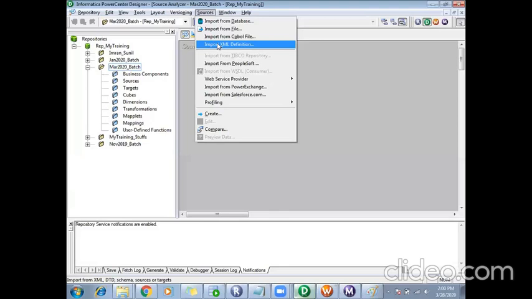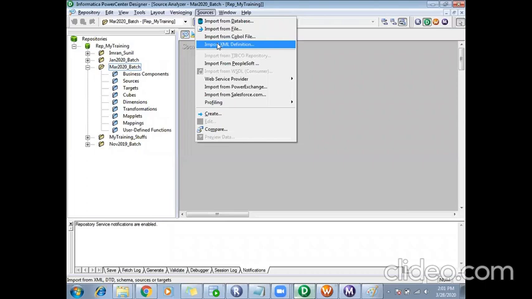Assume you are working on a very new project, and the tables are not yet created in the database. The users will come up with the requirement, or your BA, but the table is not there yet. They will give you the structure of the table, the column names and the data types, everything in a document. And they'll say it might take another week for us to get that table created in the database, but you start with your coding.